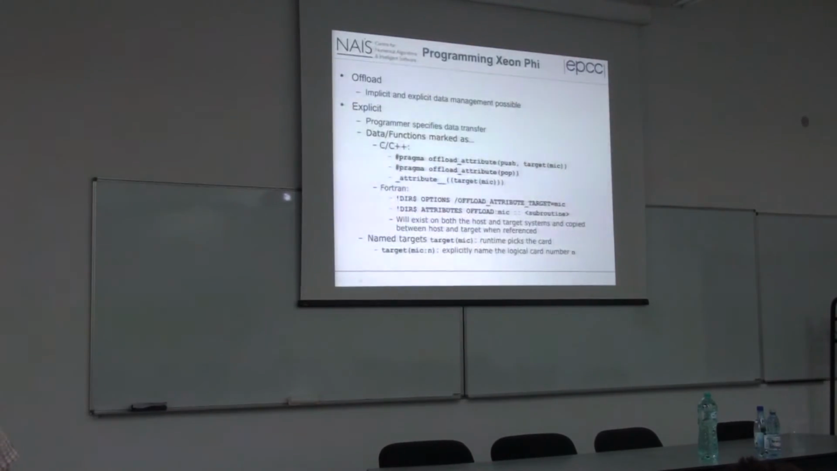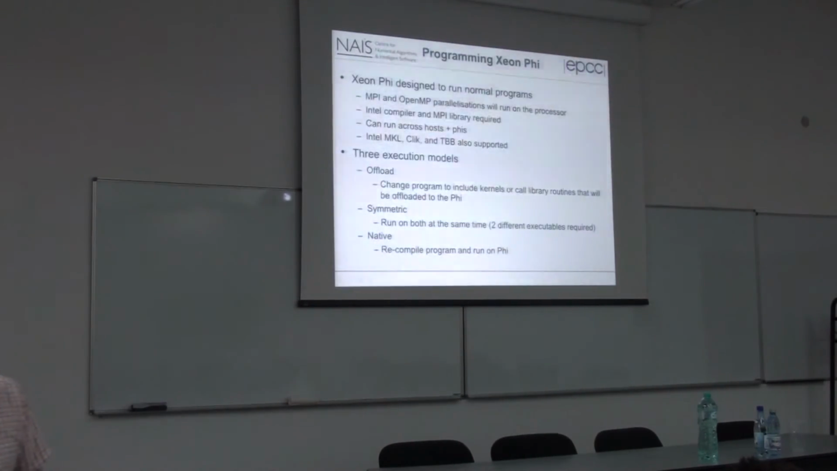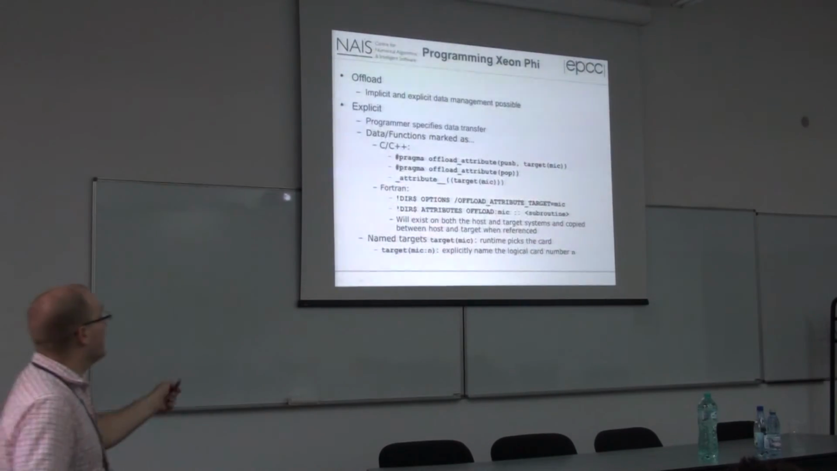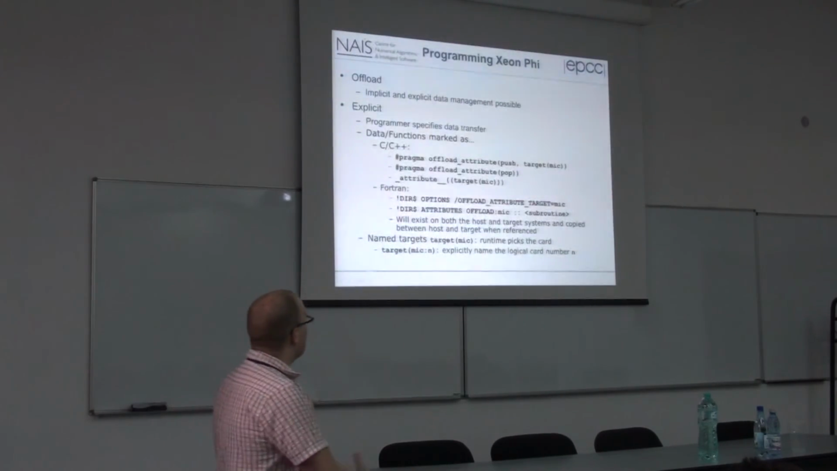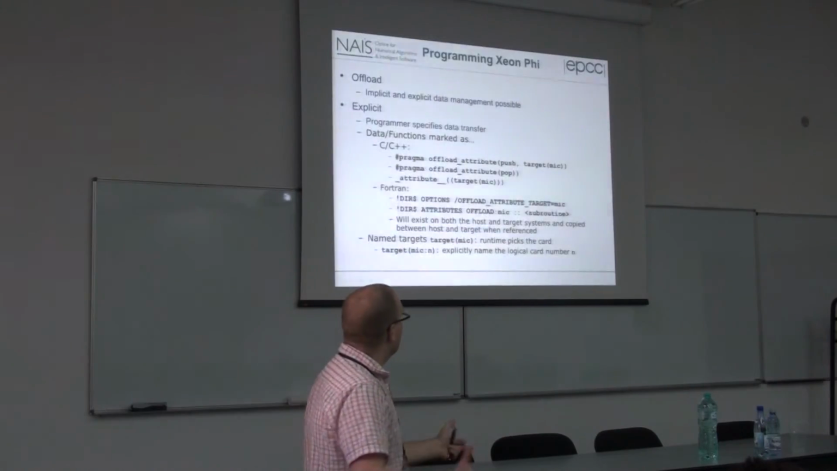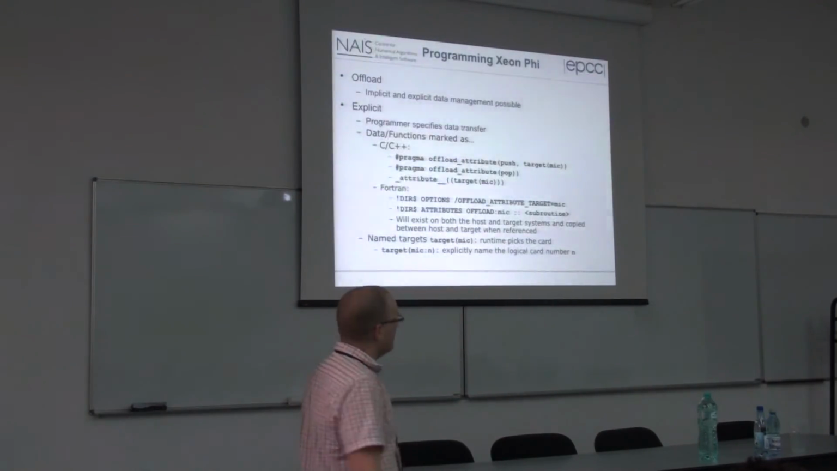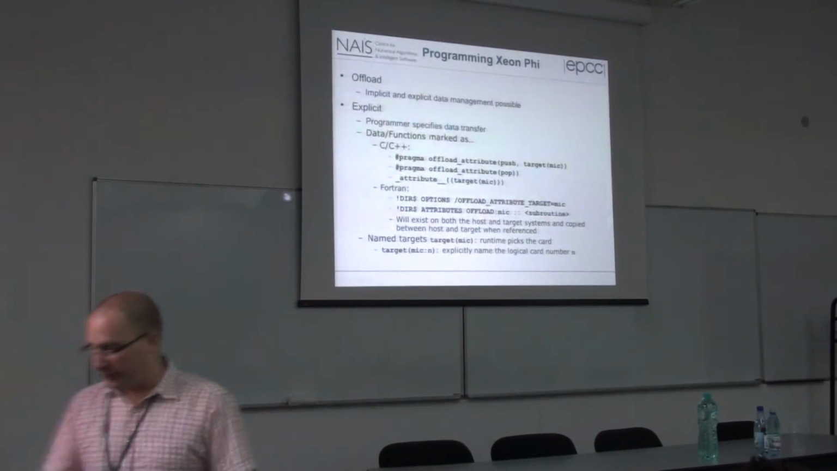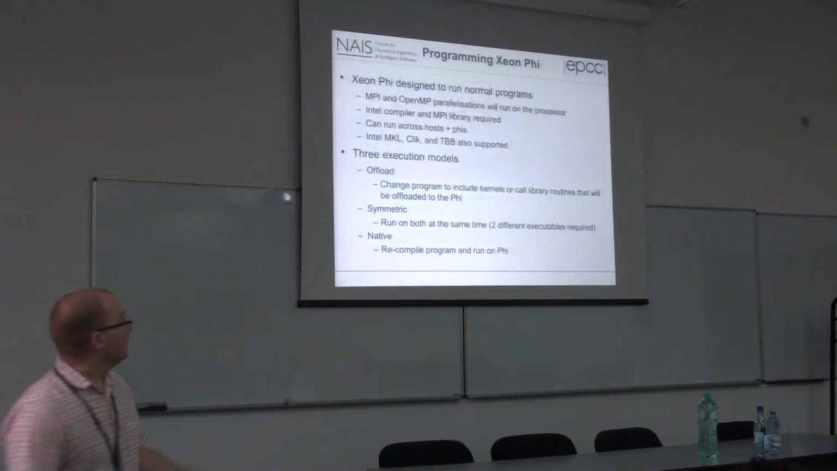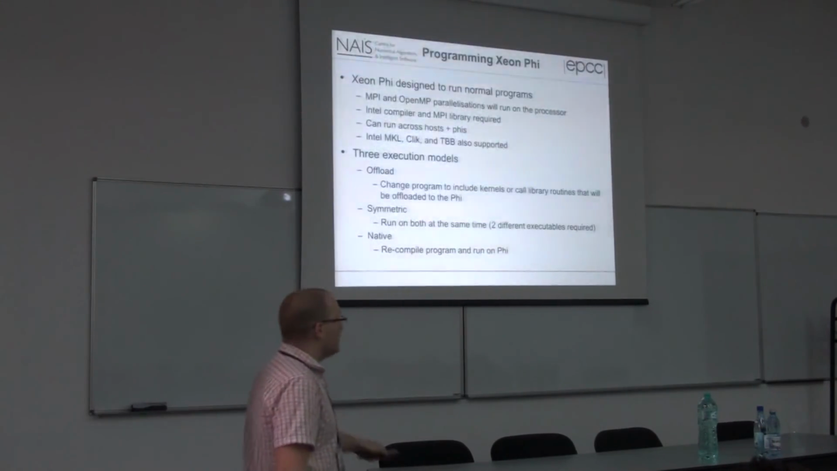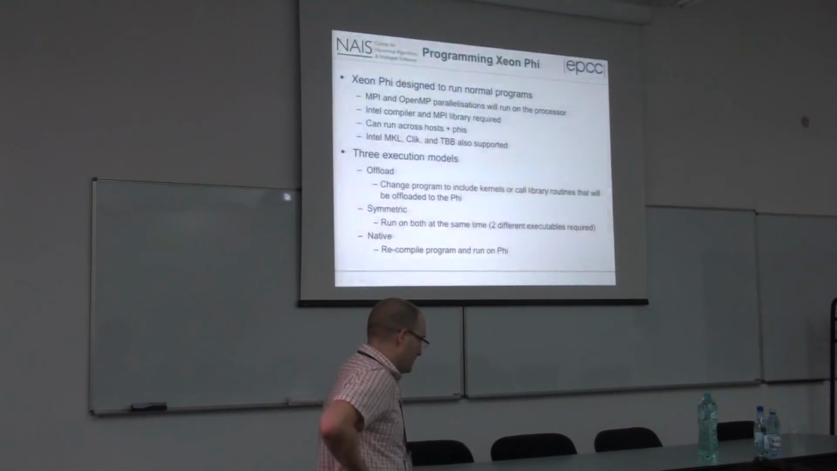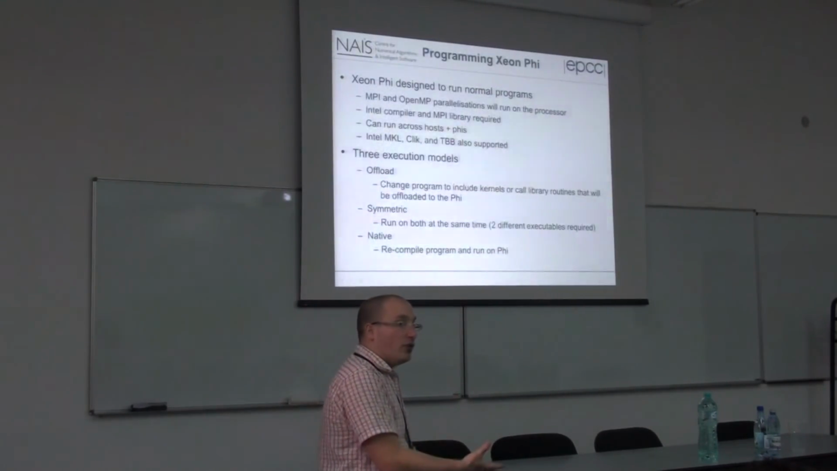But primarily, a lot of people do work with the offload model and just kick various kernels off onto the Xeon Phi and load the data back again. But primarily, we work in native mode where you recompile your program and run it on the Xeon Phi. And of course, the Xeon Phi has this architecture. You've got 60 cores, each can run 4 threads. To actually get any performance at all, you need to be running a minimum